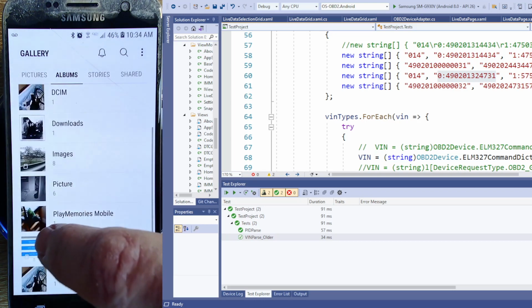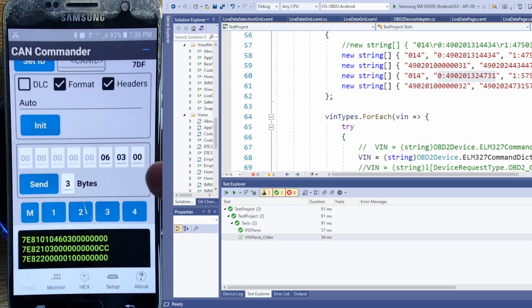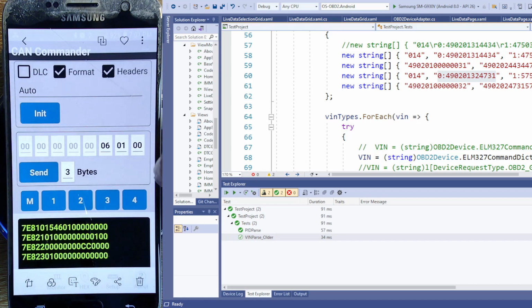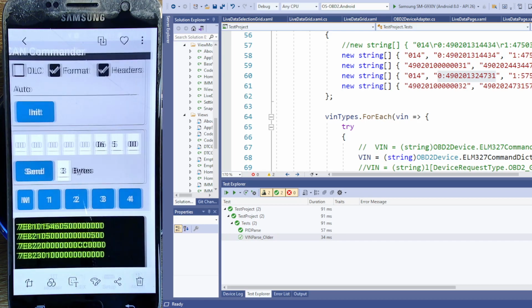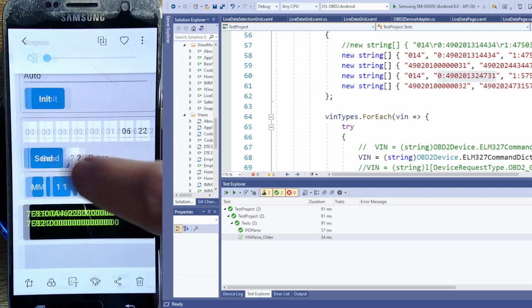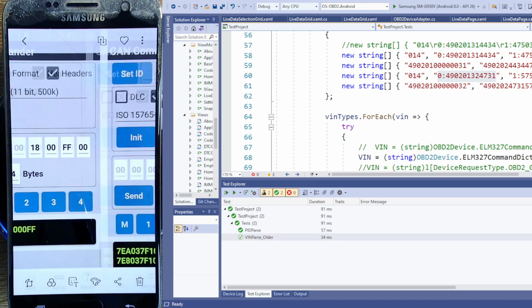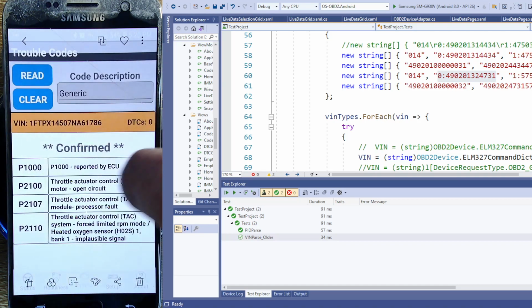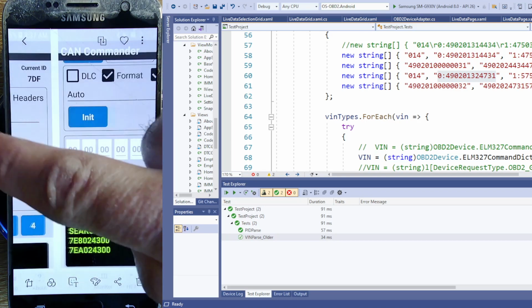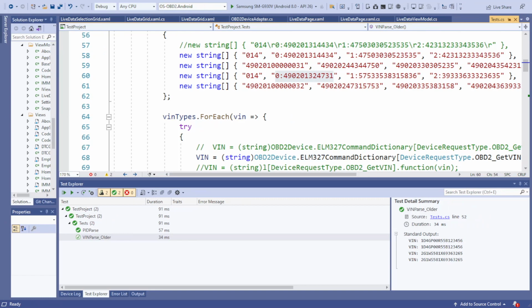You might remember I made a video on this; look at all these crazy screenshots. These are just screenshots from my Android of my CAN. These are all using the headers. What I'm looking for is